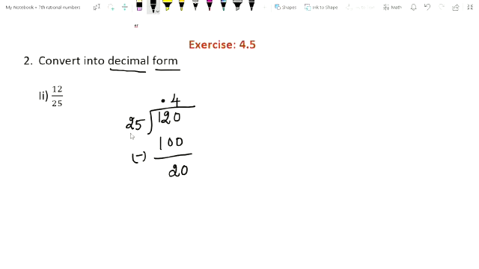Okay. So now we can't divide. 20 by 25, we can't do it. So you already kept the decimal, so you have the right to add 1 0. Now it becomes 200. In 200, how many 25s are there? 8. So 8 into 25, you will get 200. Now you subtract this, what will you get? 0. Okay, so what is the answer, children?